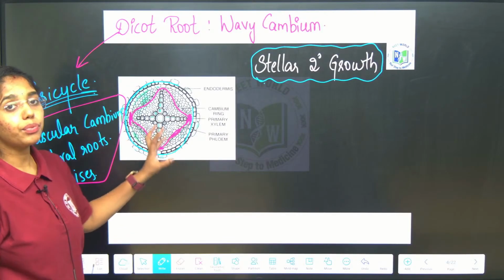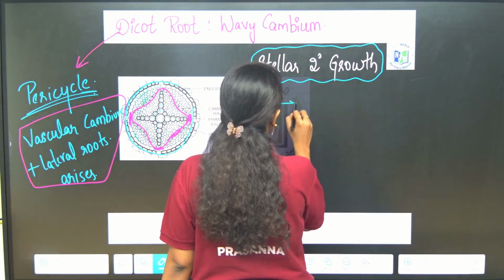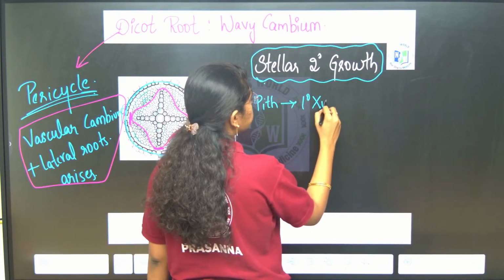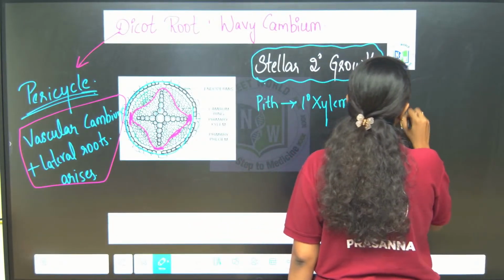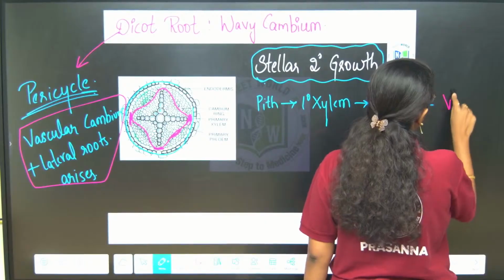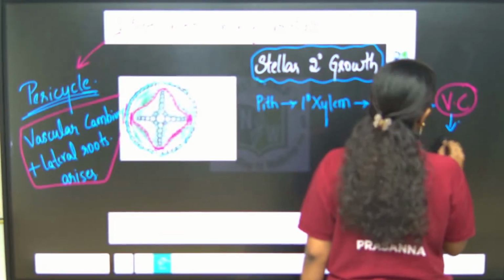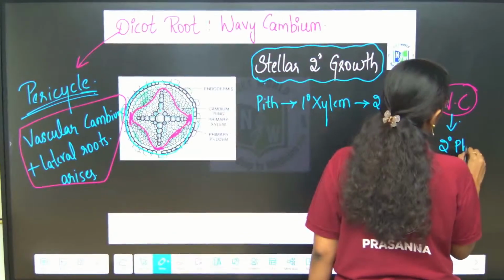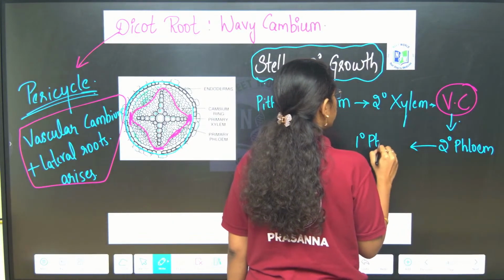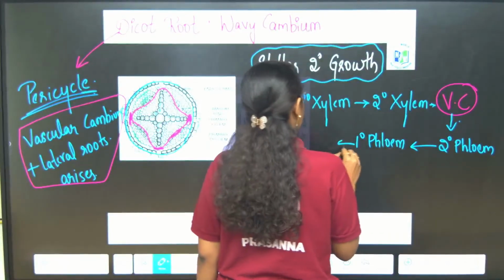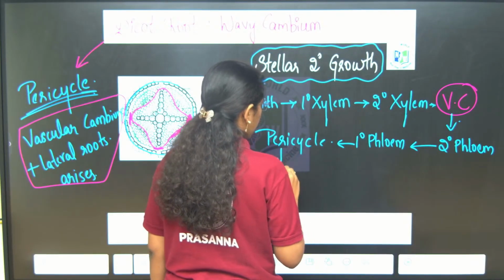And again the chart will be the same in the stellar secondary growth. If you consider from pith, close to the pith region, of course primary xylem will be there, and next to the primary xylem you will have secondary xylem. Next to the secondary xylem you will be having vascular cambium. After vascular cambium it is secondary phloem, followed by primary phloem, followed by pericycle, followed by endodermis,